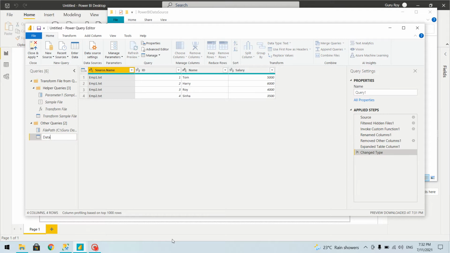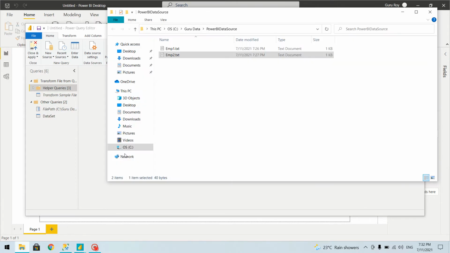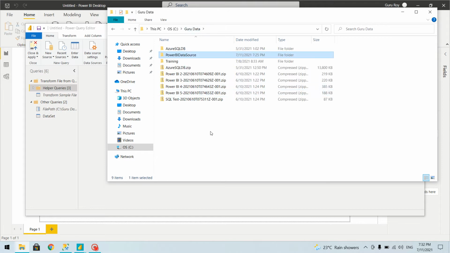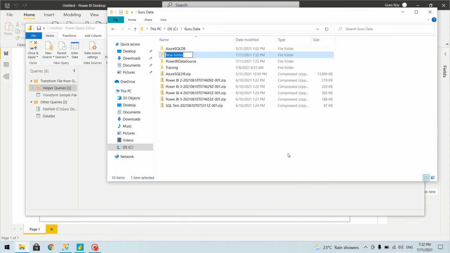So our data source, or let's name it as data set. Let's close it and let's create a separate folder and try to add three files there.